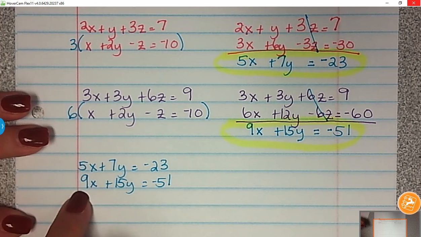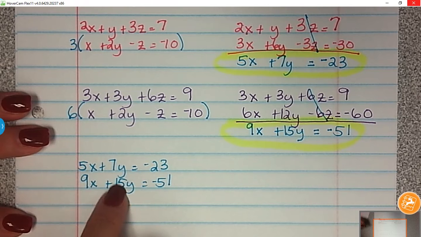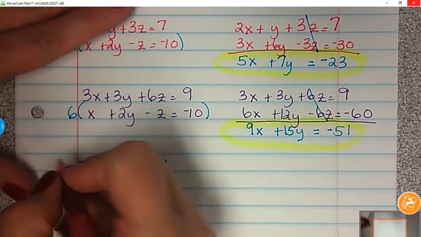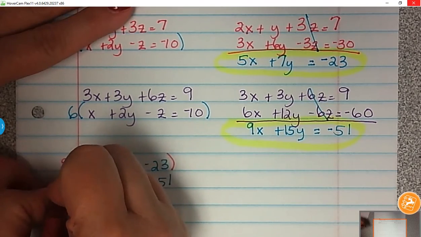So I'm going to have to fix it so that either my x's will cancel or the y's will cancel. I can change both of my x's into 45, I think is the smallest number I can use. Yeah, I can't think of anything any smaller. The y's, I'd have to multiply this one by 15 and this one by 7, which gets a lot larger than I would like. So we're going to fix the x's. So I'm going to take this top equation, multiply by 9,